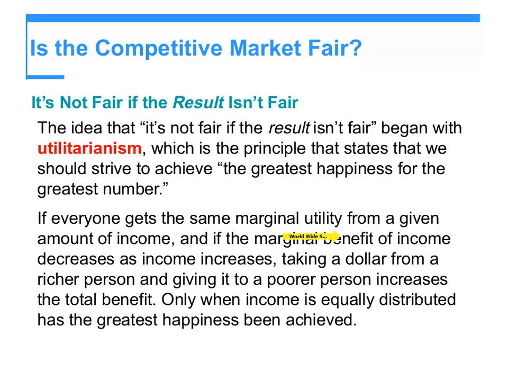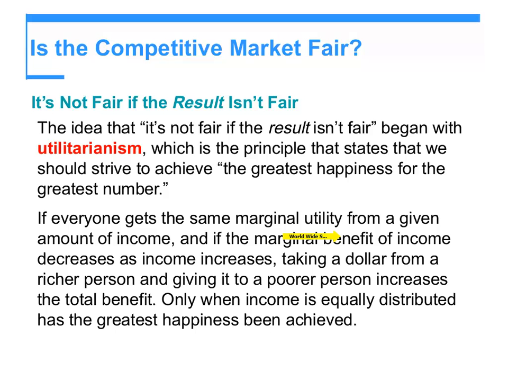So it decreases as income increases, taking $1 from a richer person. Just imagine if something like this is happening, it's better to take the money from the rich person and give it to the poor person, because the rich person has been using that product for a long time. So for them, using one more doesn't really make a difference. Very simple. A rich person may have pizza 10 times per week, even 2 or 3 times a day. So for them, having an 11th is not really giving them any marginal benefit. Look at the poor person who has it maximum once a month.